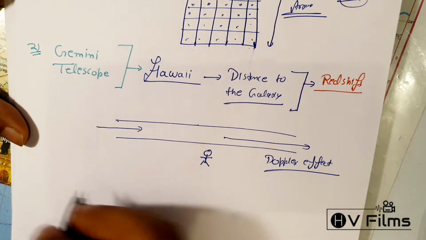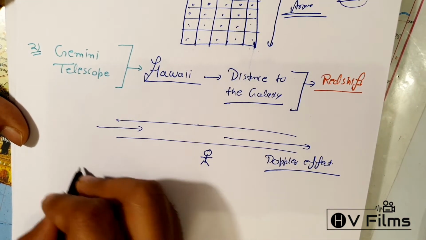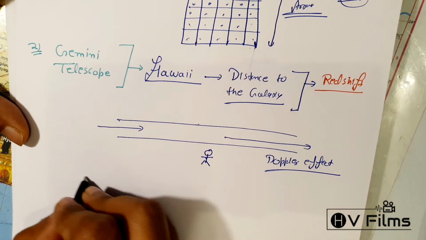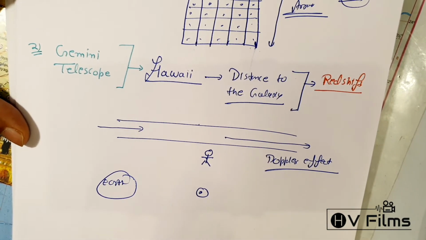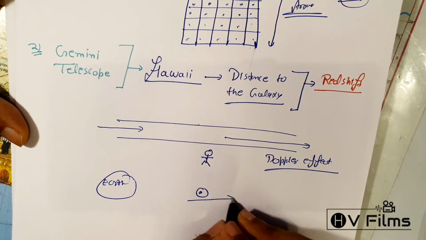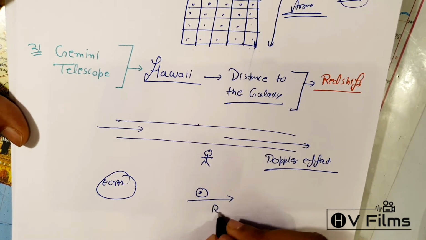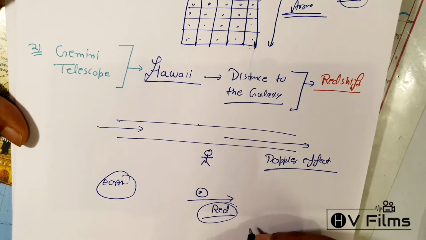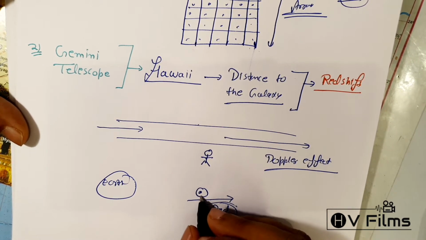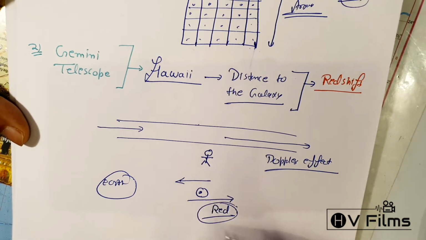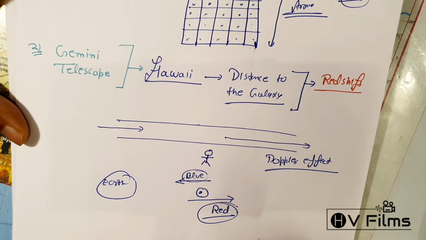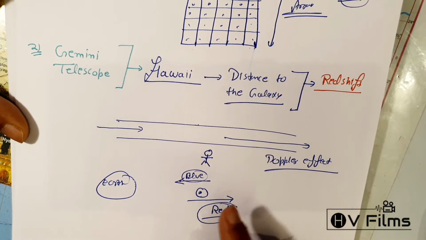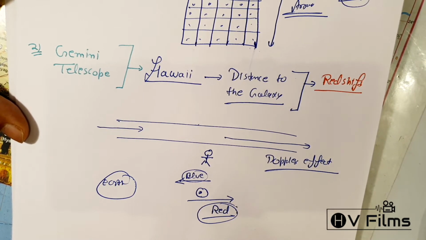So if this is Earth, and this is an object, right? Now if this object is going farther, then it will show the red shift, meaning it will be mostly in red color. But if the same galaxy is coming closer to us, then it will be a blue shift, meaning it will be blue in color. So this is how we are able to determine whether the galaxy is coming closer or getting farther, and on the basis of the color, wavelength and frequencies, we are able to determine the distance between that galaxy and the